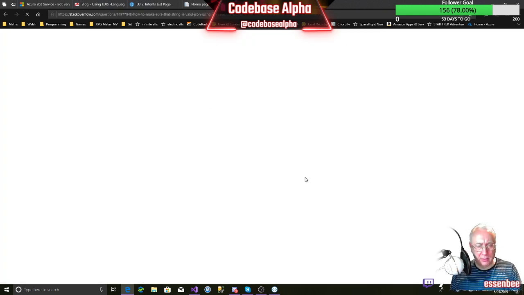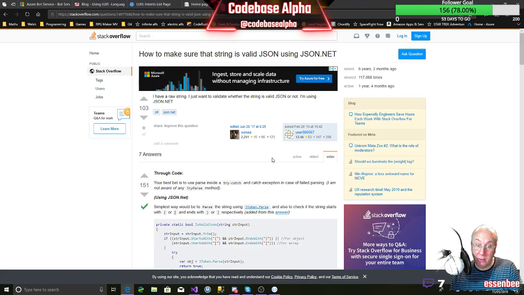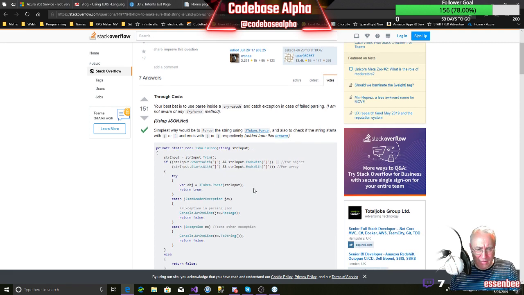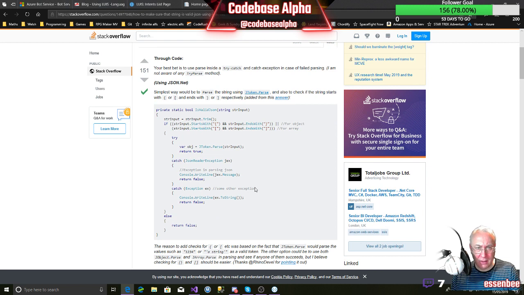So that's a bit of Stack Overflow using JSON.NET, which we are. Through code as try catch. I'm not really a fan of that, but we can see. JSON.NET parse a string using JToken.Parse. It checks if it starts with, and also check if it starts with a curly brace.